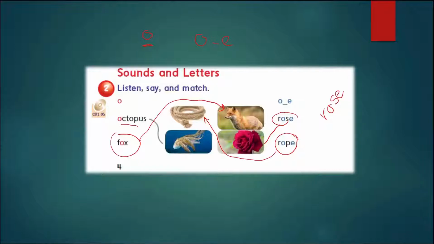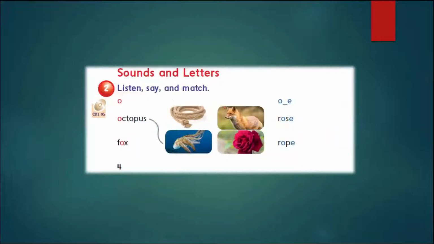Okay, مش بننطقها rosy. Why? Because we don't pronounce the letter E at the end of the word. مش بننطق حرف الإي في آخر الكلمة. So we're gonna say rose, robe, and don't say roby. Okay, that's gonna be wrong. ده يكون خطأ. It's just robe. Okay,